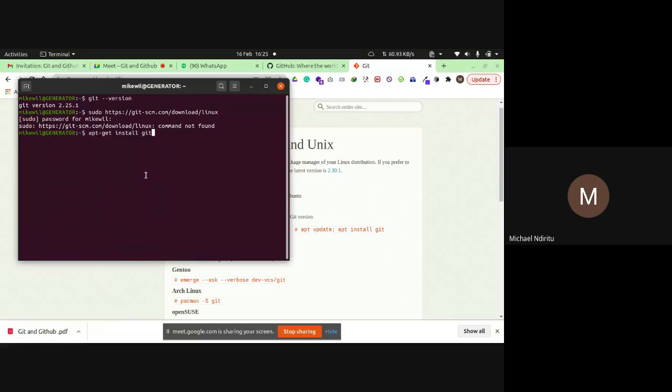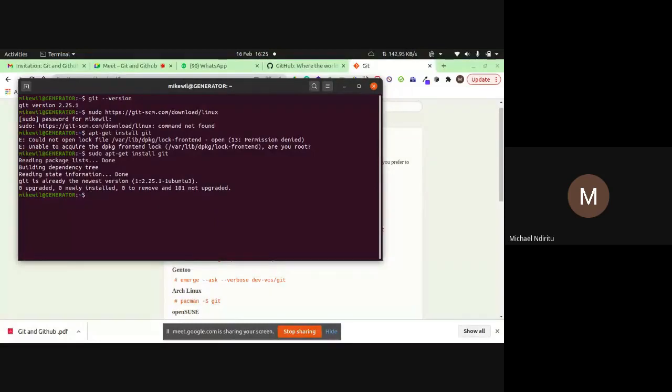Okay, so as you can see, if I put this command on my side, it tells me I'm already on the newest version of Git in Ubuntu or Linux, so I don't have any updates. But if you haven't installed Git already, it will take you through the process of installing it. It's very straightforward. If you have any problem installing, just let me know.